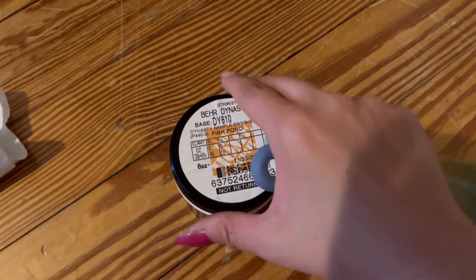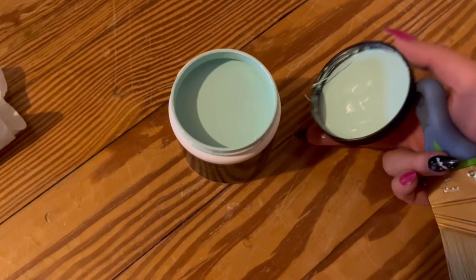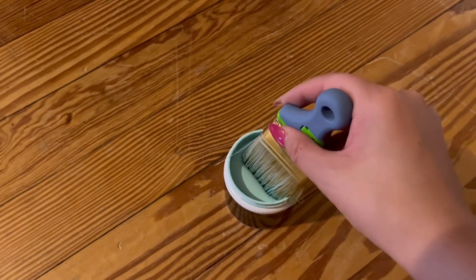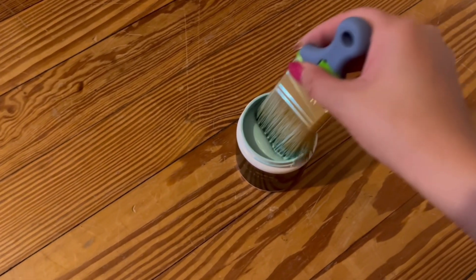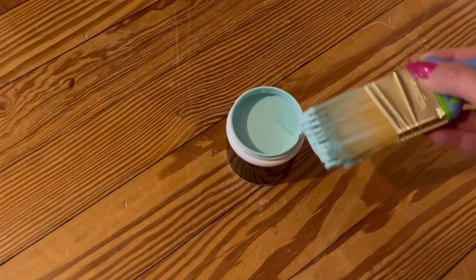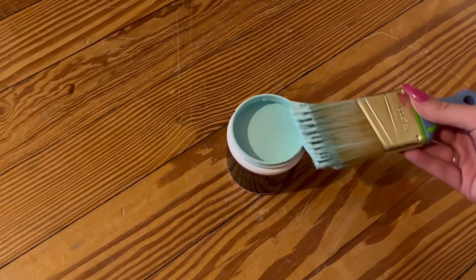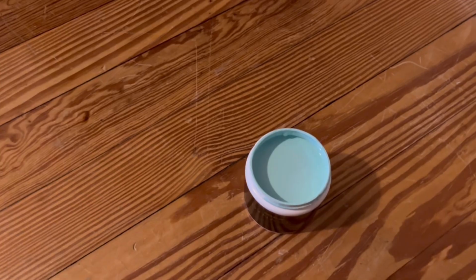And now we're going to try the last sample, which is called Fish Pond. Oops, I'm already making a mess. All right, we cleaned it. This one definitely looks brighter than the other two. I don't know if that's going to be a good thing or not, so let's test it and see. Here we go. We're going to put it right in the...